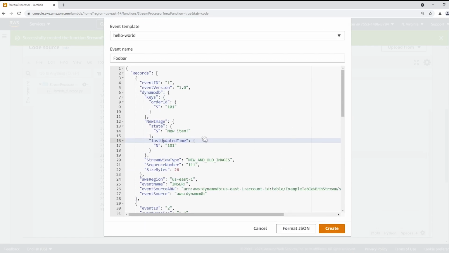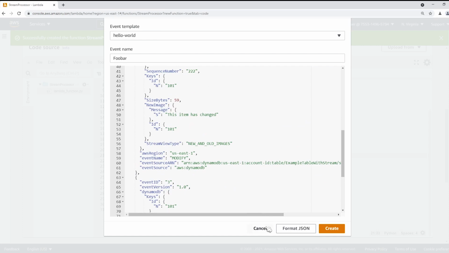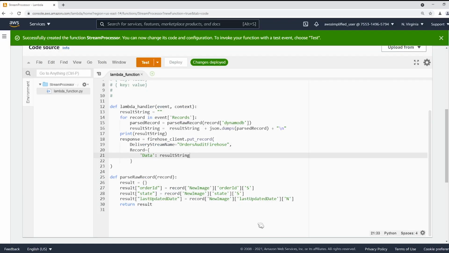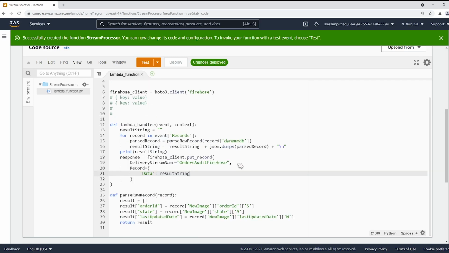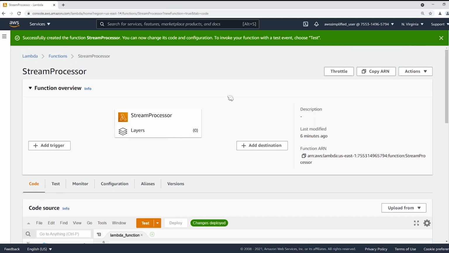So I'm not going to actually invoke this because this contains all this other garbage, which is not going to work with this function. But I will put a sample event that works with this Lambda function in the description section so that you can try it out. I just happen to know that this already works correctly. Okay, so that is looking good for our Lambda function. We don't need to actually do anything else. This thing is pretty much good to go.